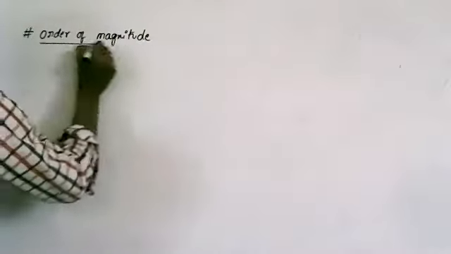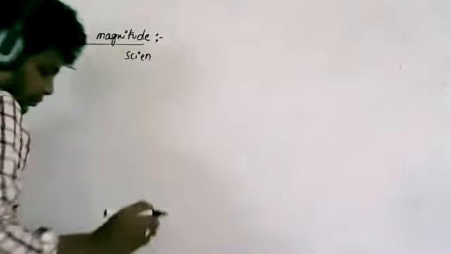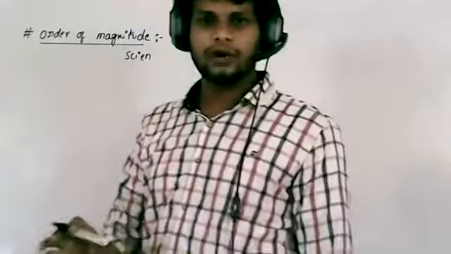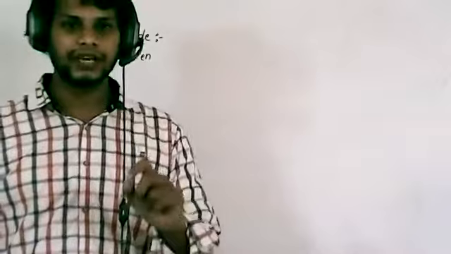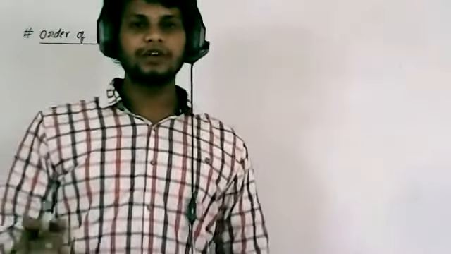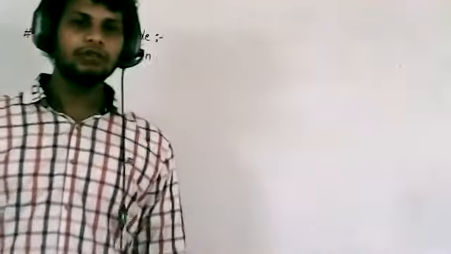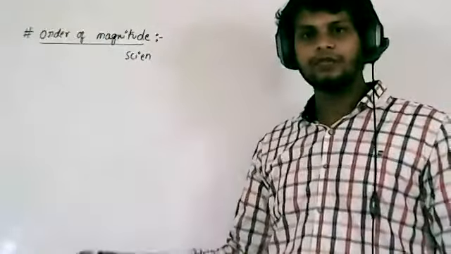Now in this we are going to explain the scientific notation method. Clear? And remember that these rules or regulations won't be asked from the PU examination point of view or in the competitive exam. If you understand how to round off the numbers and how to take the significant figures, that is enough. For example, in your PU examination, they will give a number and ask how many significant figures are there in this. So instead of remembering all the rules, you can implement the shortcut, and you can remember the round off rules easily. Okay. In the same way, we are going to learn the next concept, that is order of magnitude.